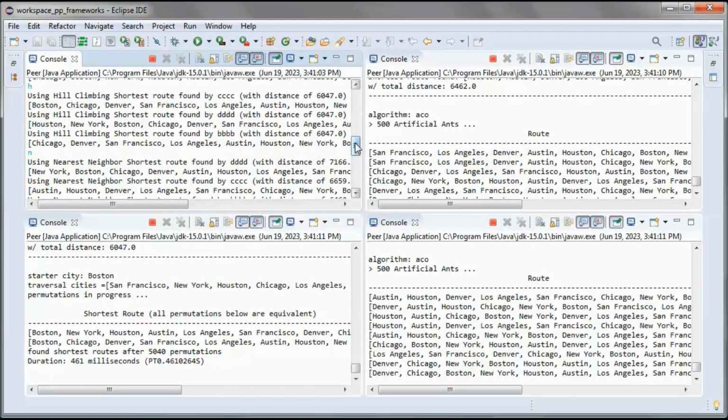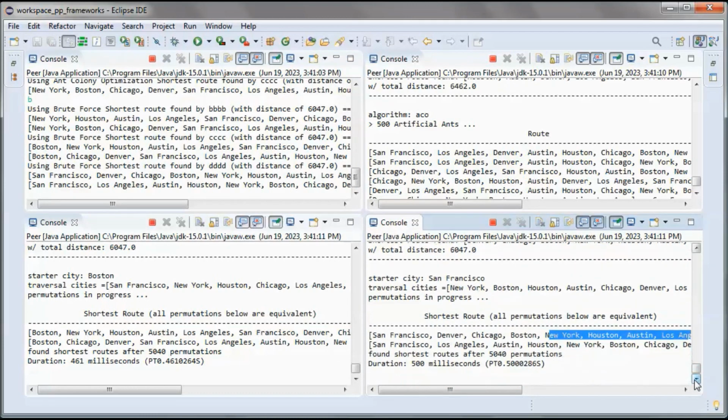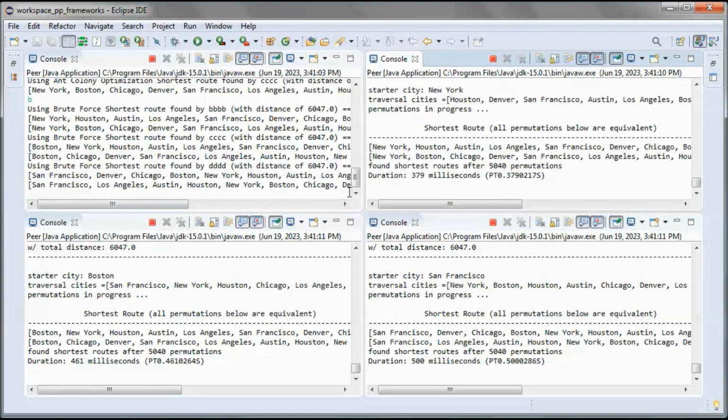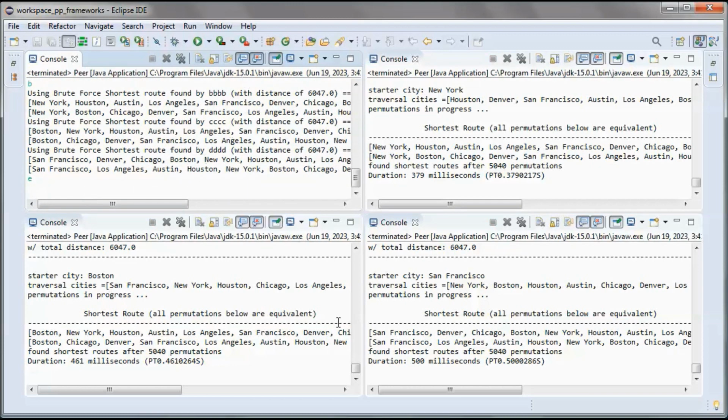And I'll run one with the verbose mode so that we can see that each one of the peers only does permutations for 7 cities if we have 8 cities. Same thing if we have 9 cities, we only do permutations for 8 cities. So each one of the peers does a different permutation and returns its result to the driver peer. And here if we send an exit, they all exit.